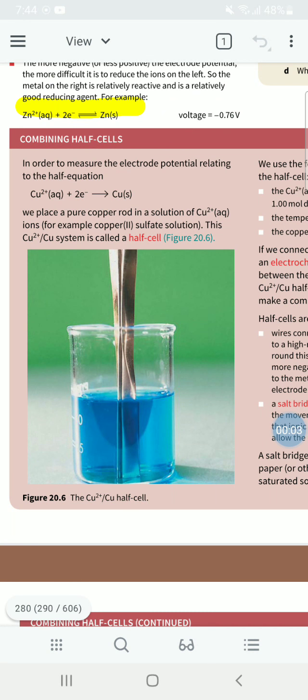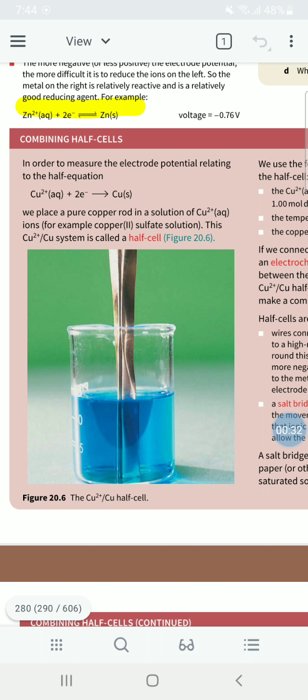Chemistry Chapter 20, Theory Video 8, Combining Half Cells. So now we learnt about the standard hydrogen electrode, and then we discussed how it can be combined with another half cell to find out the E standard values. So now we are going to figure out how it can be done and what kind of reactions would be